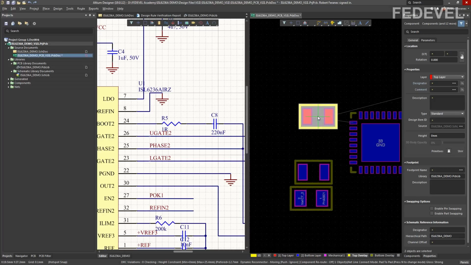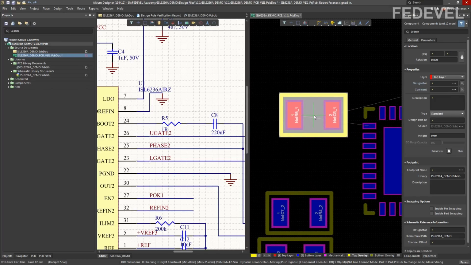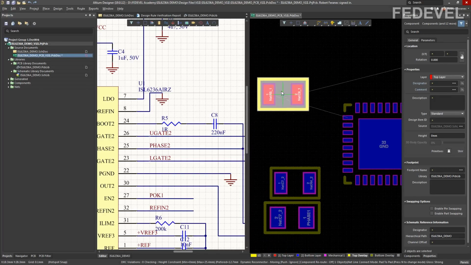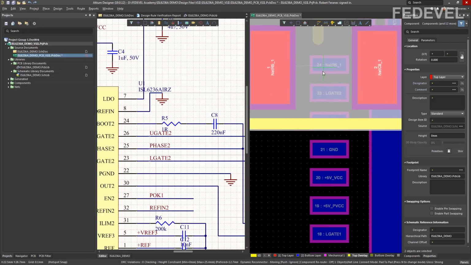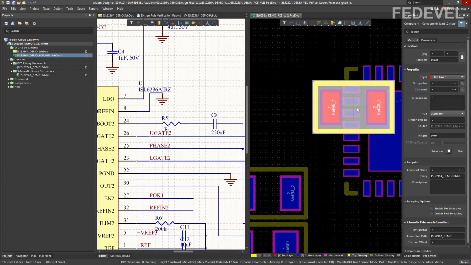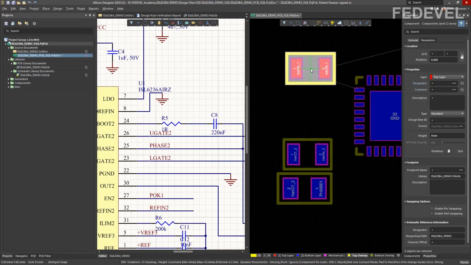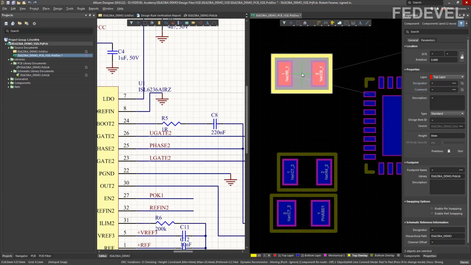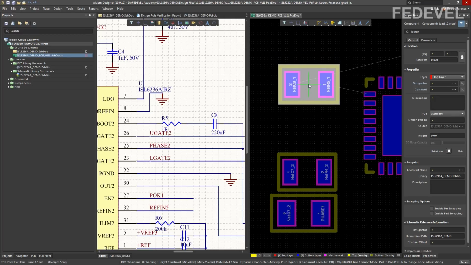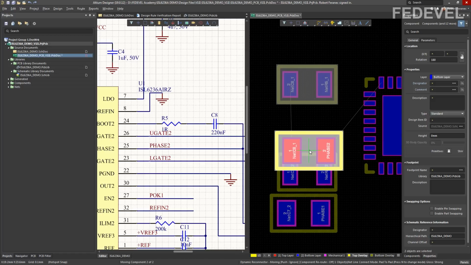Zoom in. We would like to place it close to pin number 24. You can zoom in and you can see this is the pin number 24. But you can see it also because of the connections, the yellow lines. We would like to move this resistor on the bottom side of our PCB. So press L and place it maybe somewhere like here, left click.